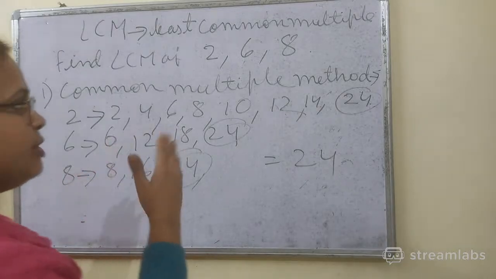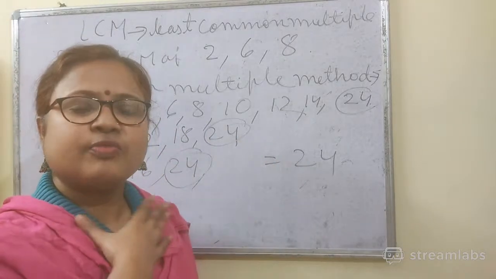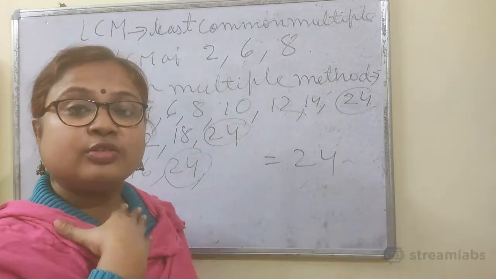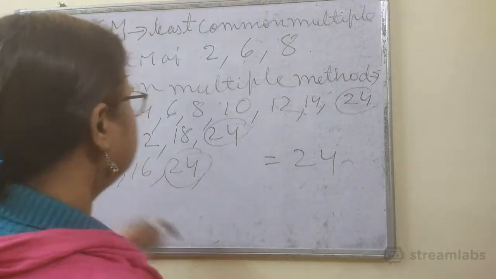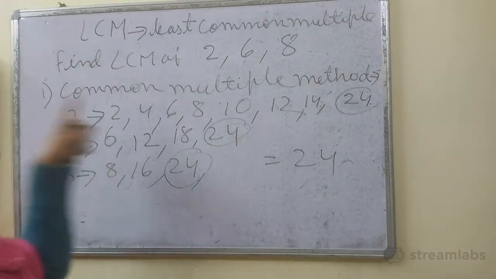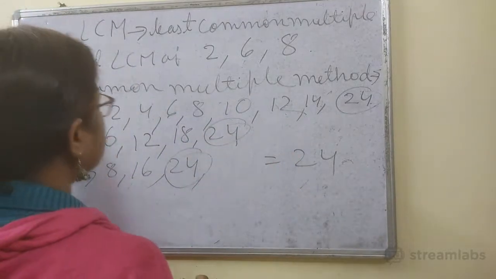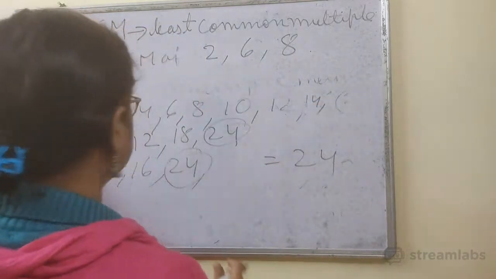Clear? Because that time I had taken a very big number, so we would have had to find a lot of multiples. I don't have much place here, so I have taken small numbers here. So now you have got the answer. Okay. Now the second one is